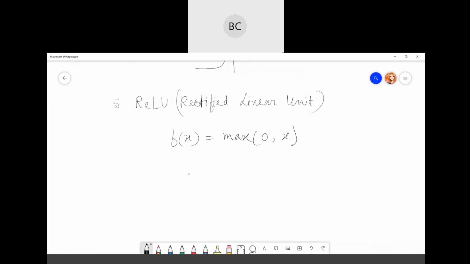If you see the graph here, it looks like this. For negative input values, the result is 0. That means the neurons do not get activated.